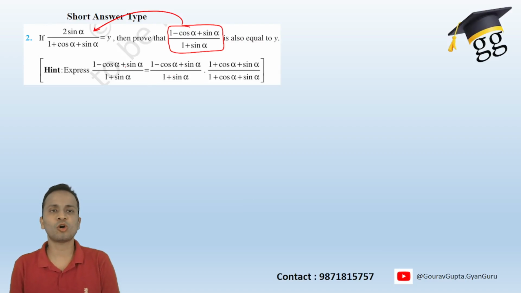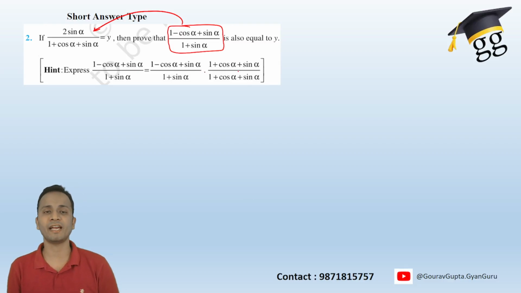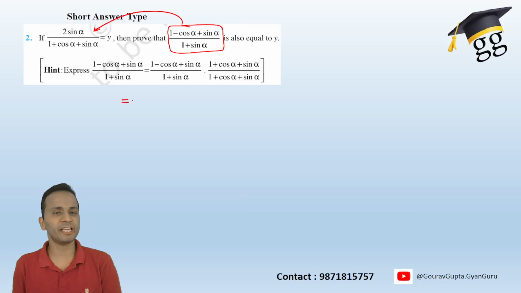So 1 minus cos alpha plus sin alpha divided by 1 plus sin alpha. What they have done is they have multiplied and divided it by 1 plus cos alpha plus sin alpha, both in numerator and denominator. So now we'll do the simplification the way we have done in the first question. Exactly in the similar manner,